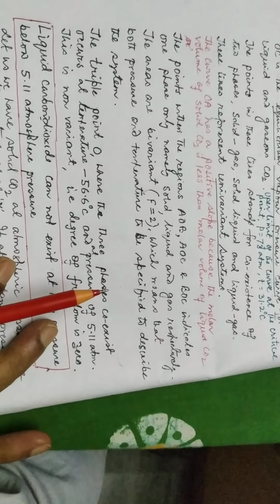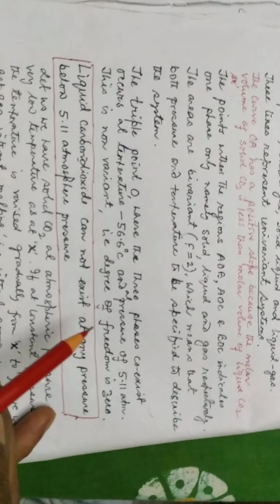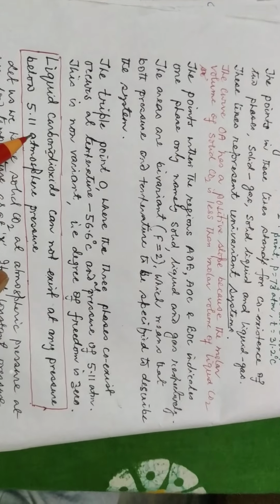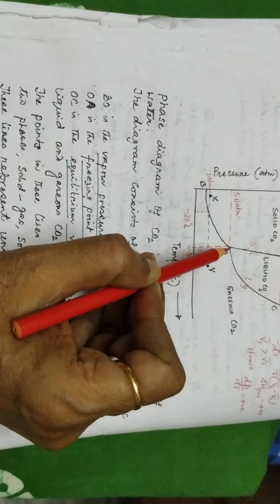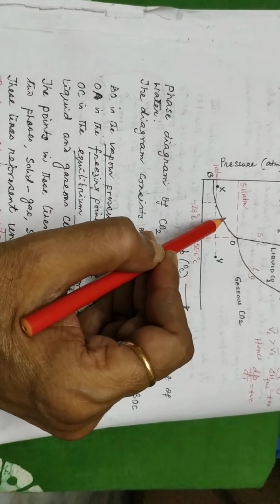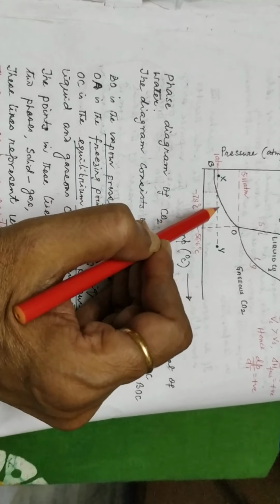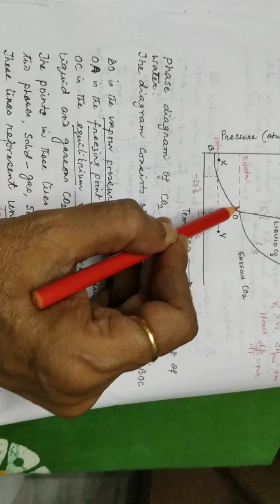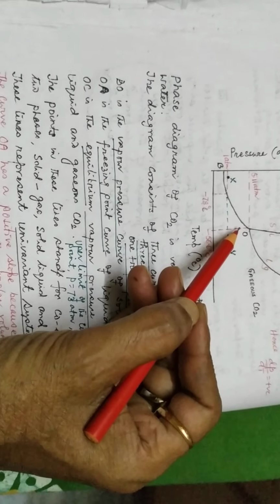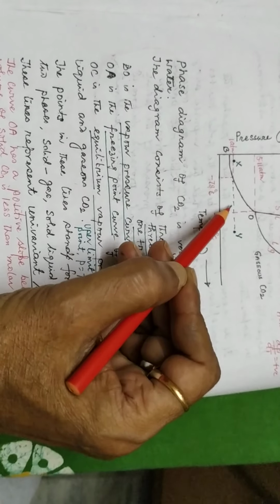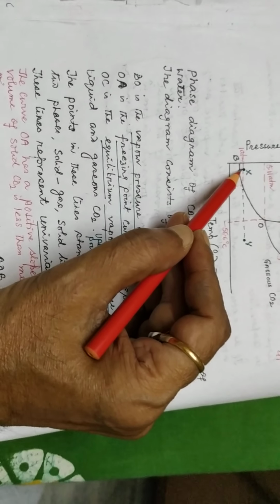Now, liquid carbon dioxide. This is to be mentioned here. Liquid carbon dioxide cannot exist at any pressure below 5.11 atmospheric pressure, because here is the triple point. So below the triple point pressure, liquid carbon dioxide cannot exist. Now let us have solid carbon dioxide at point